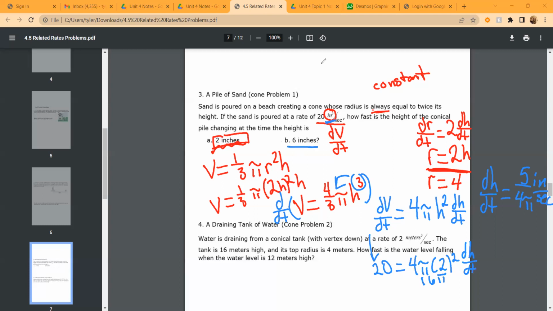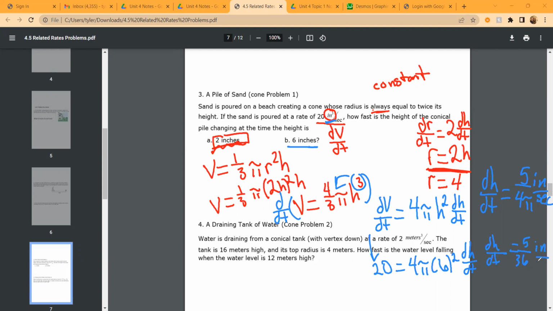If we want to do part B, where it's 6 inches instead, all we have to do is replace this with a 6. Everything else stays the exact same, which is great. Then this gets me, what is that? 144? Yeah, 144. So 20 divided by 144 pi is 5/36 pi. Oop, I almost put the 36 on top. We can see that this is getting slower, essentially the